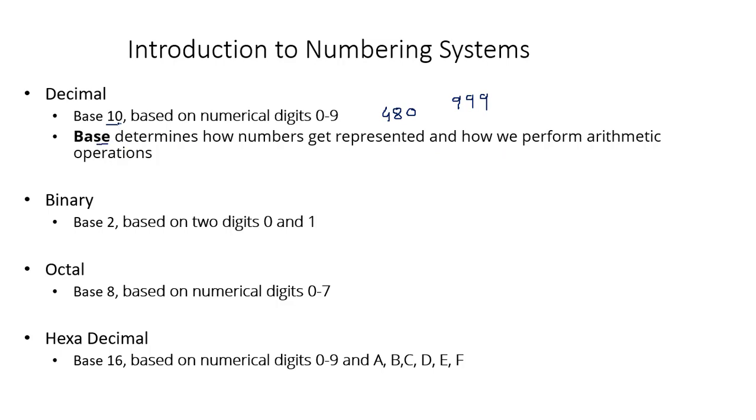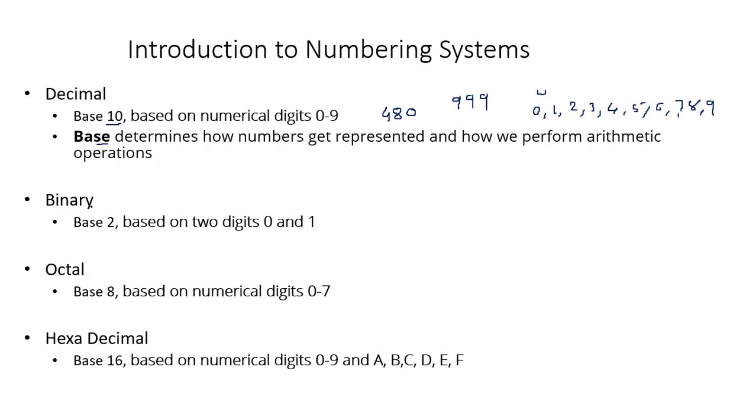So when I say base 10, it has 10 numbers. When you start from 0 to make this number system, you can have 0, 1, 2, 3, 4, 5, 6, 7, 8, 9. So there are 10 digits, and that's the reason why it is called base 10. And you know how we do addition and multiplication in the decimal number system, right?